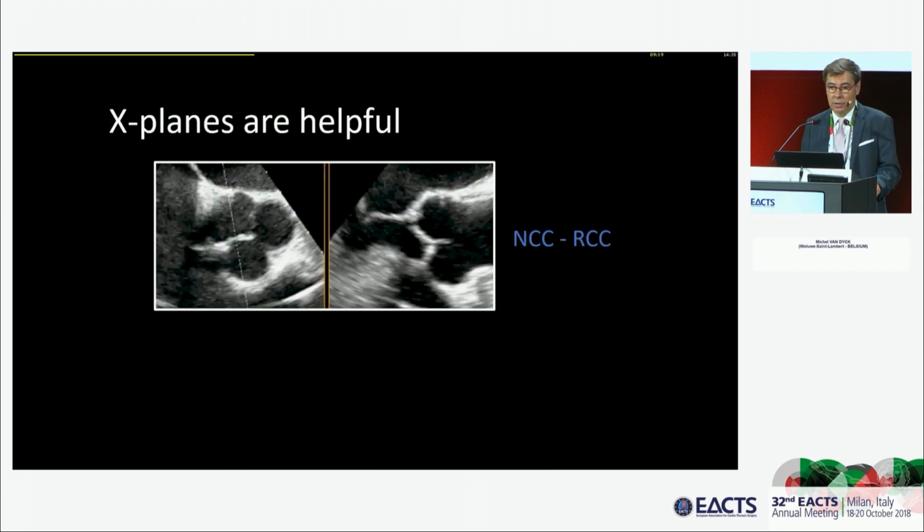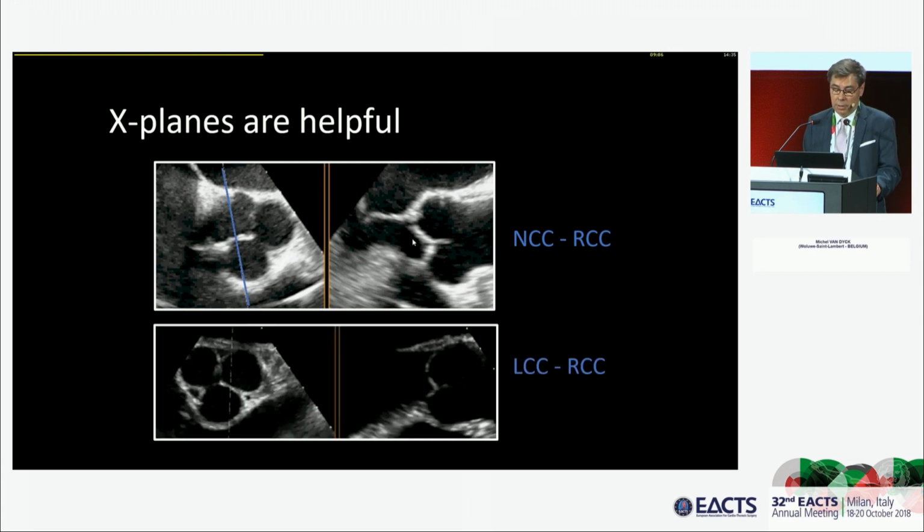Of course, X-plane can be useful, and sometimes we are well aligned in order to be sure that we measure the coaptation between the non-coronary cusp and the right coronary cusp, and we are able to measure a coaptation here. Sometimes we are also able, by turning the probe, to have an idea of the coaptation between the left and the right coronary cusp. But look here, we are not clearly perpendicular to this coaptation,